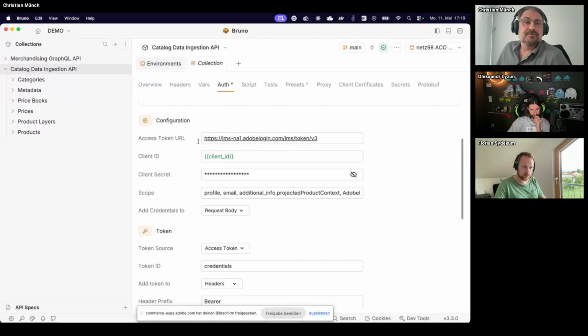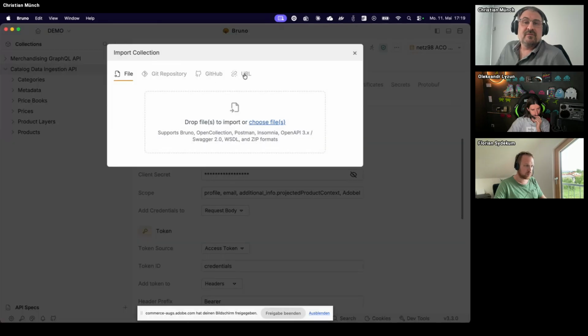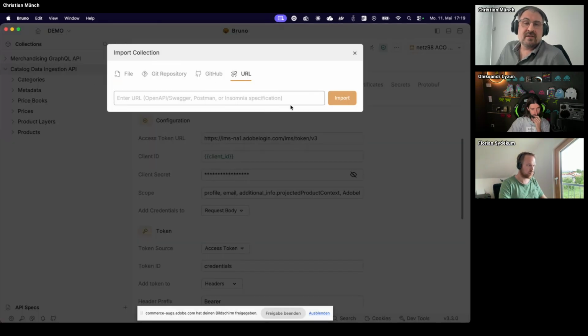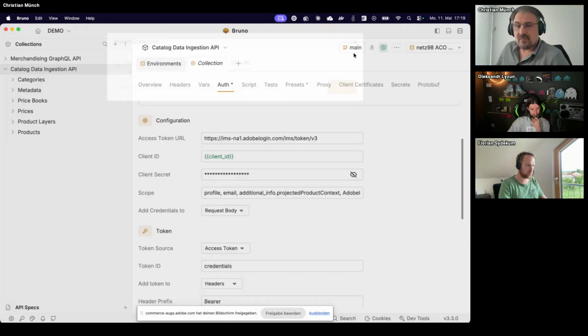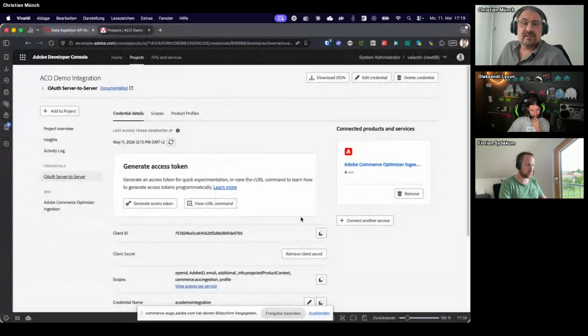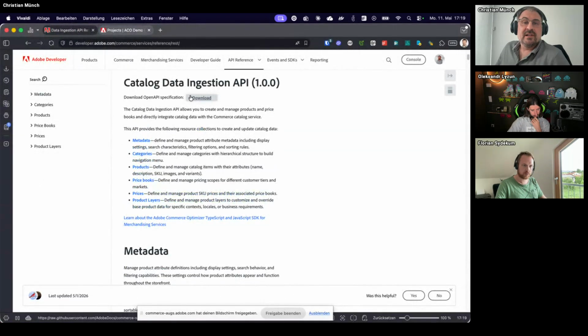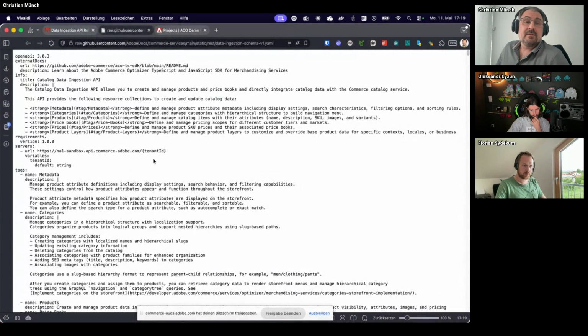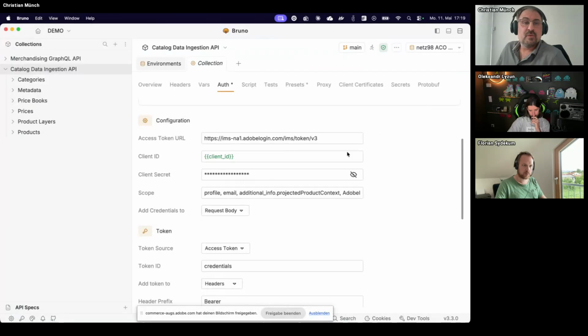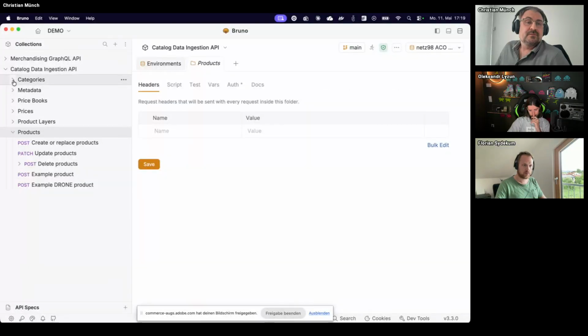That's how it looks. If you wonder how you can start here, it's possible to import a collection via URL. That's also working in other tools like Postman. To get that, you find it in the documentation page of the API here. That's this download link here. That's just a machine-readable schema that can be imported. If we do that, it should look like in my client here, you see also the available requests. So it happened.